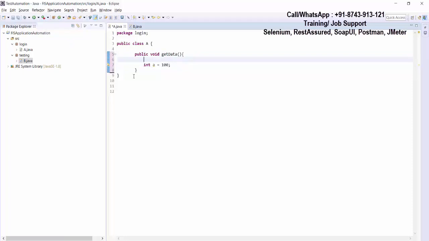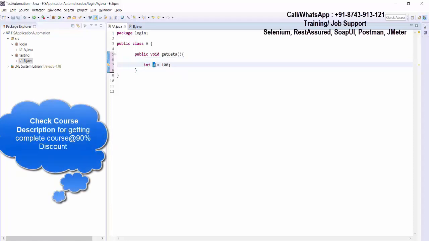So I'm just going to show you the basics of the array. Here I want to create an array which will hold multiple data. For that, either before this name or after this name, you need to write square brackets. So you can write like this, or you can write like this. On the right hand side, in curly braces, you can define any number of data separated by comma. If you notice, as of now I have 5 values stored in this array. So an array can hold multiple data by a single name. We also call it a group of data. So when we have a group of data, we can use an array.